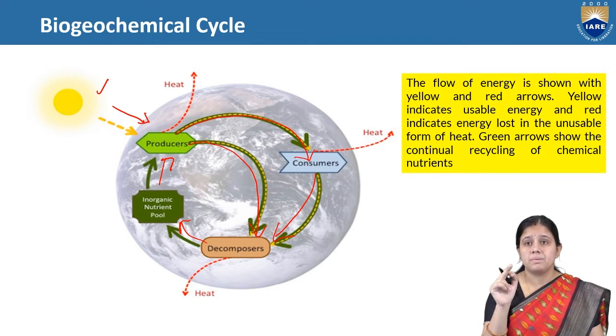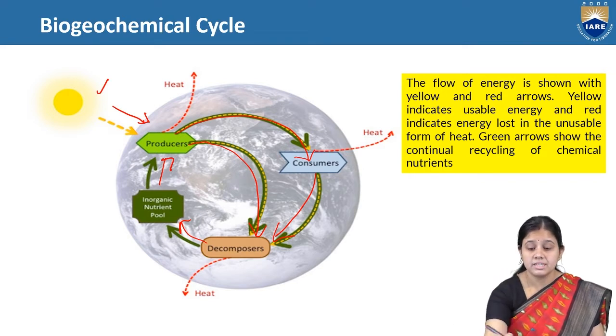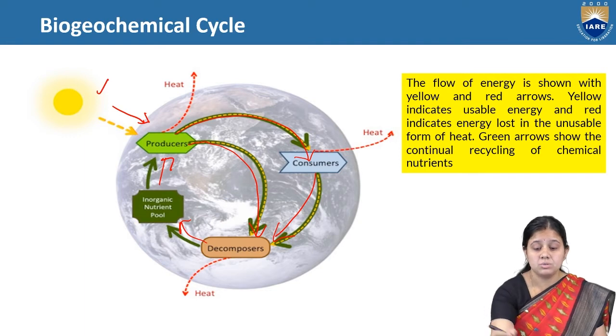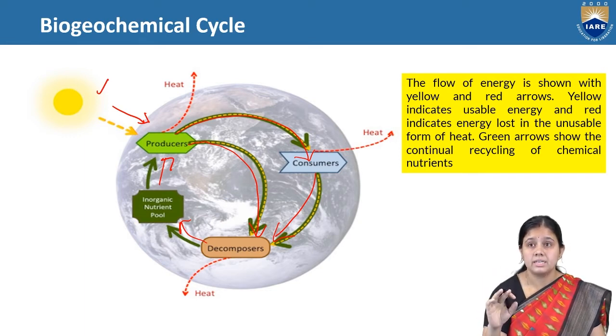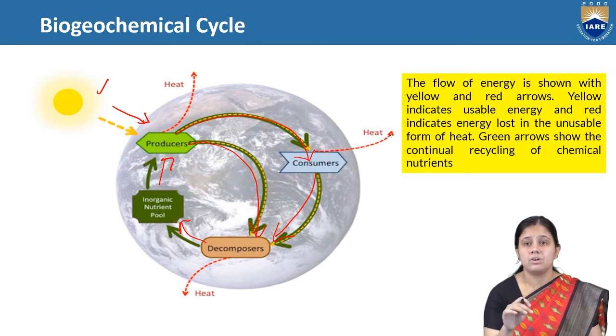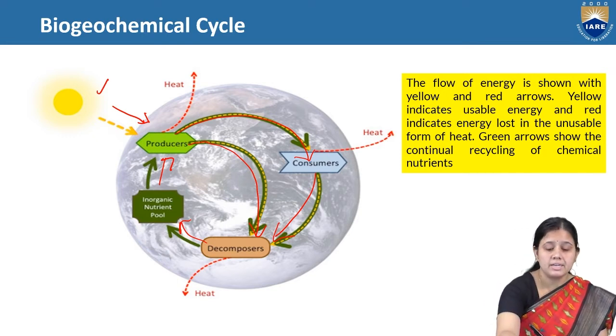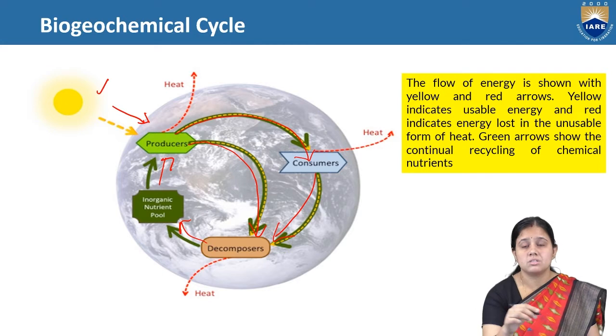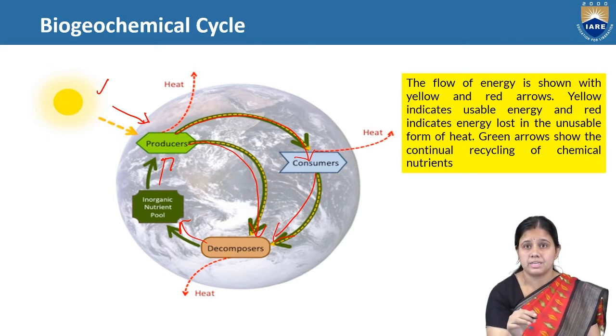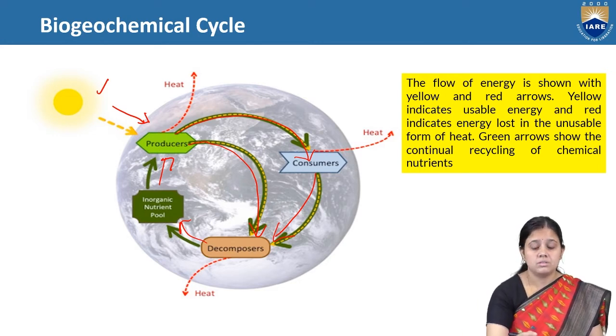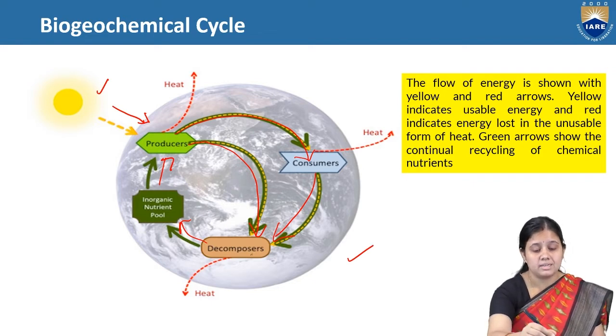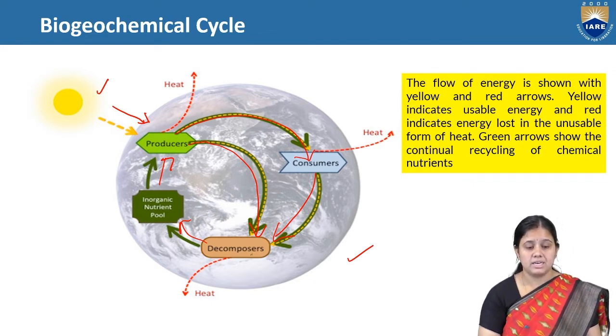So you can see in the picture the red and yellow-red color indicates the usable energy lost in the unusable form of heat, and green represents the continual recycling of chemical nutrients. The dark green color represents the continuous recycling of chemical nutrients, that is the biogeochemical cycle. From this picture it is clear that all are interconnected, and the biogeochemical cycle is nothing but